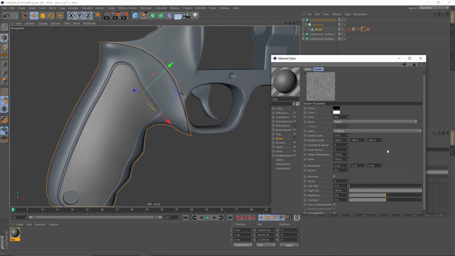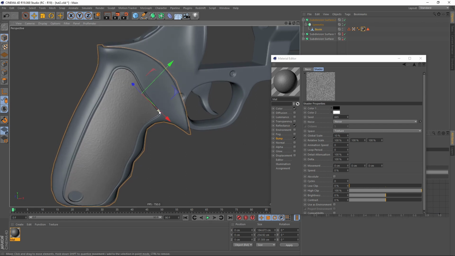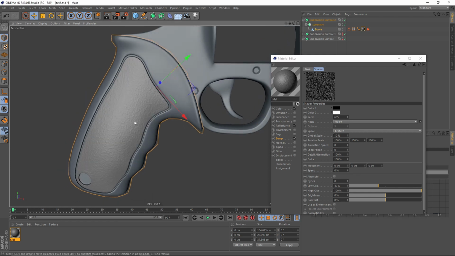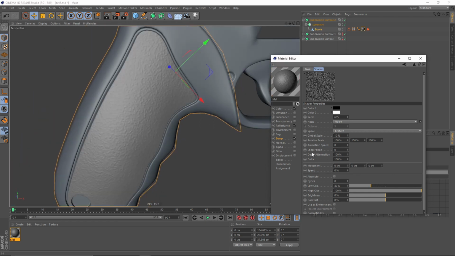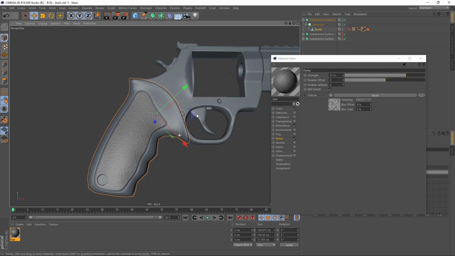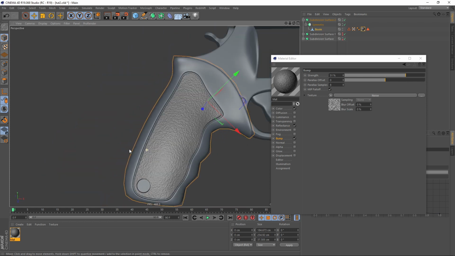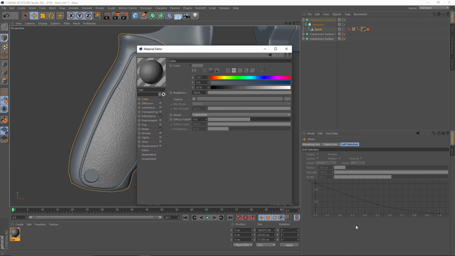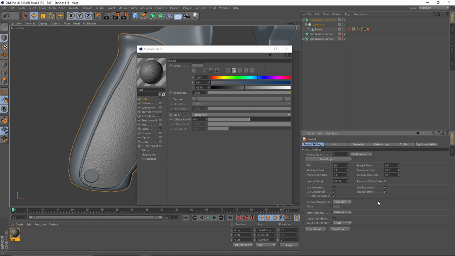Okay, let's make that noise smaller, maybe 5 or 10, but we need some contrast, so I will increase my low clip. Change that color to default color. So I will press Ctrl D, and this is our default object color. So right click, copy, and